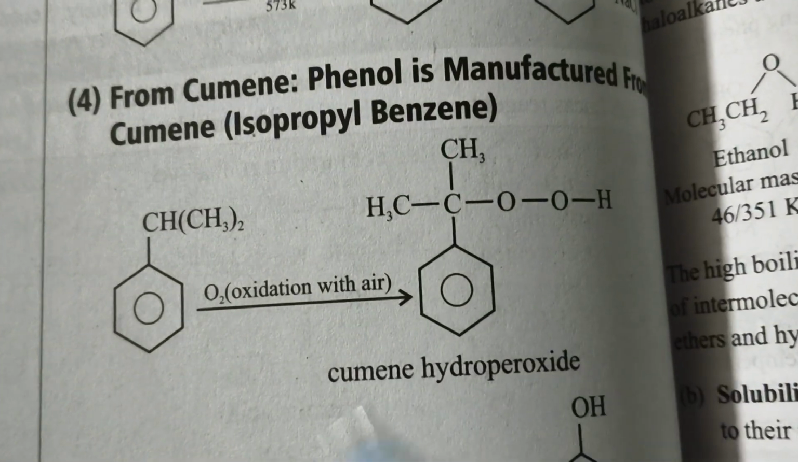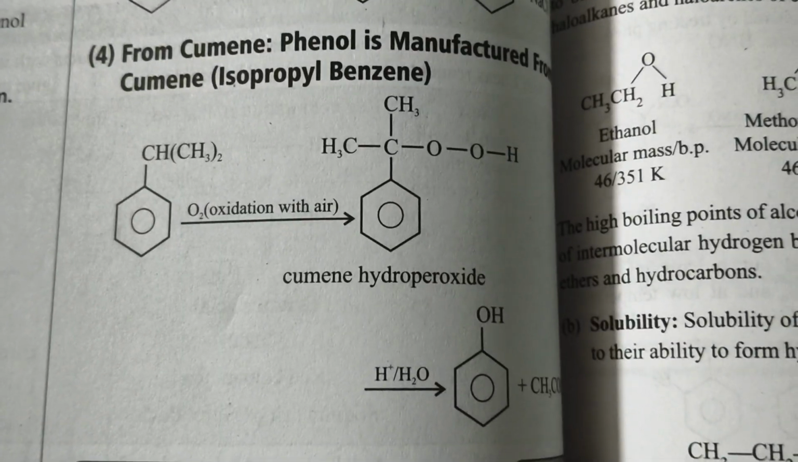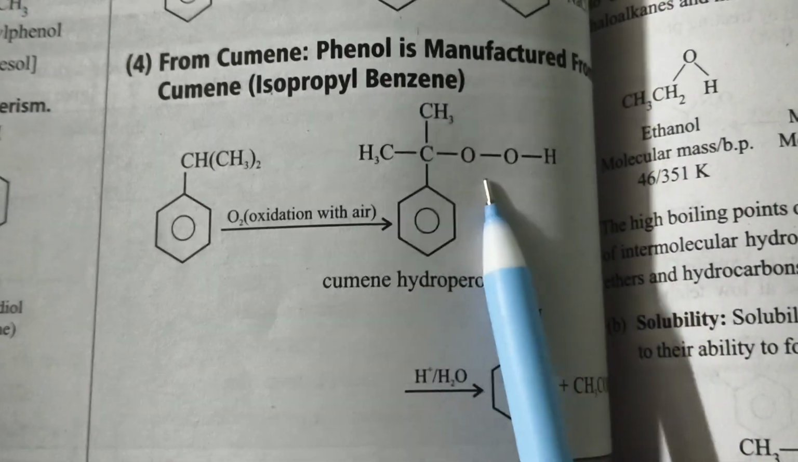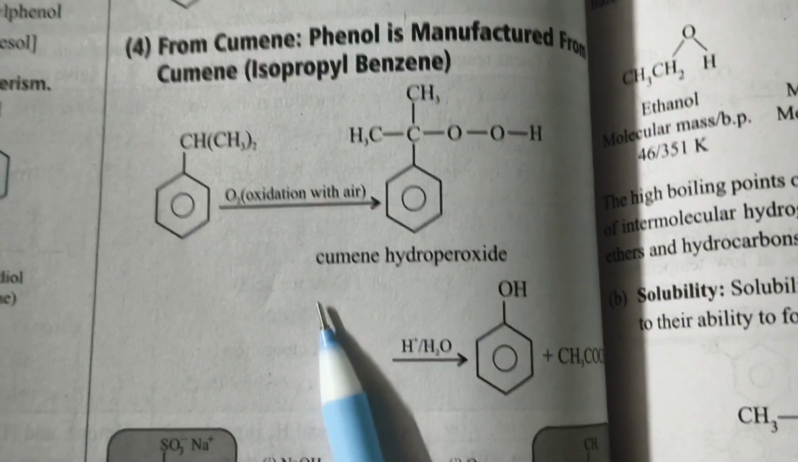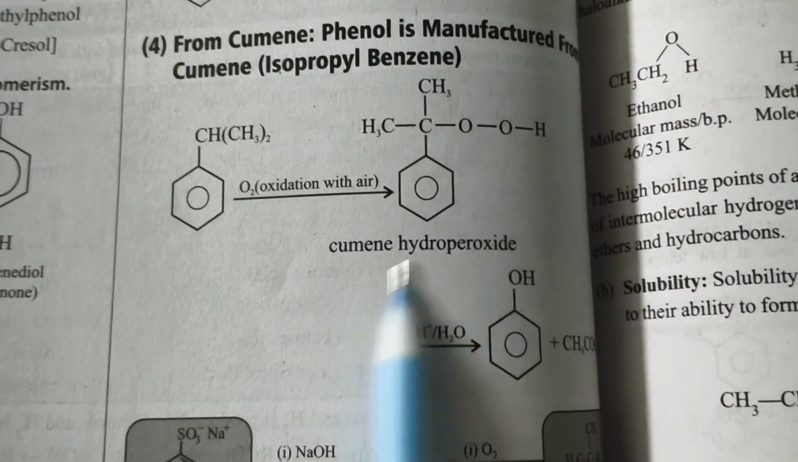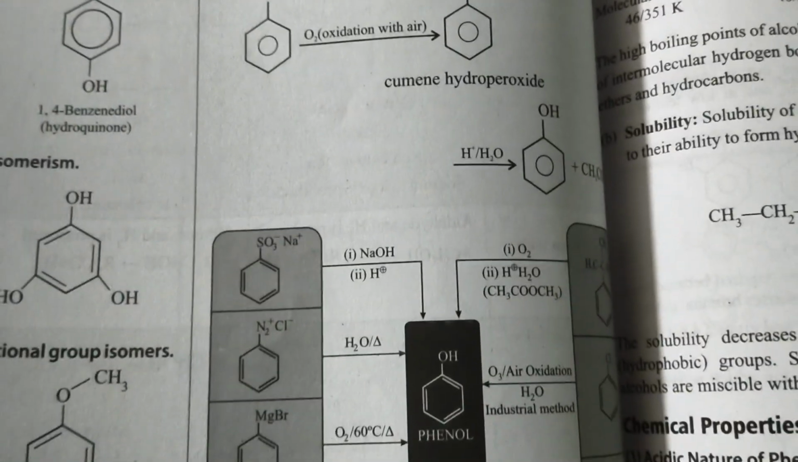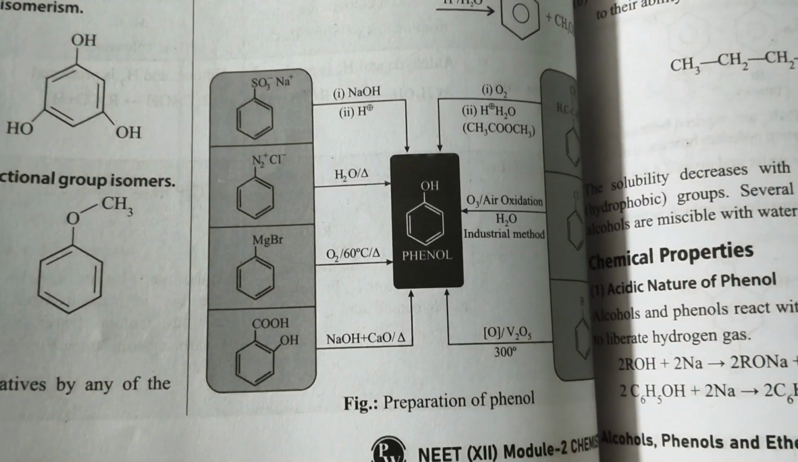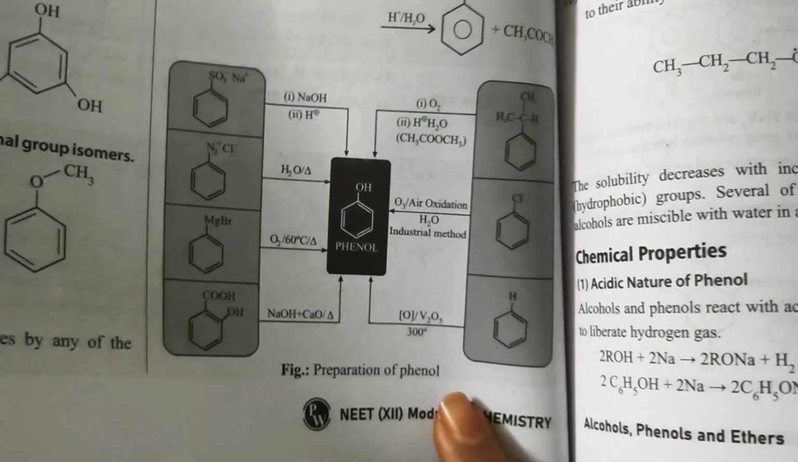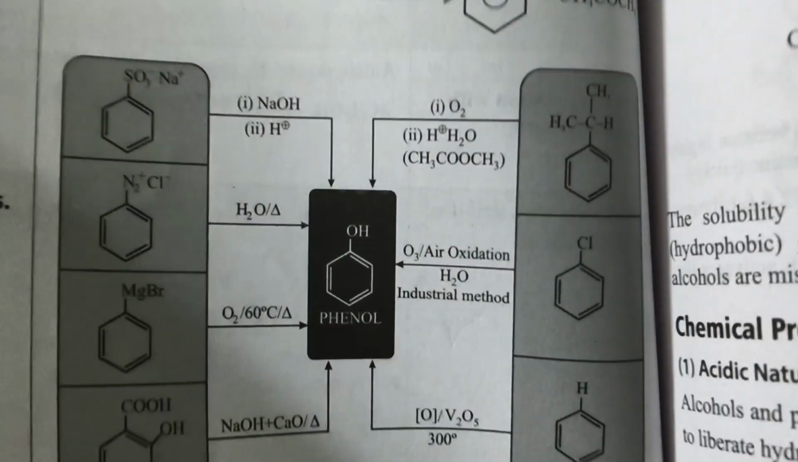From cumene, phenol is manufactured from cumene, isopropyl benzene. This is the cumene process, with its reagent. Preparation of phenol. Here,